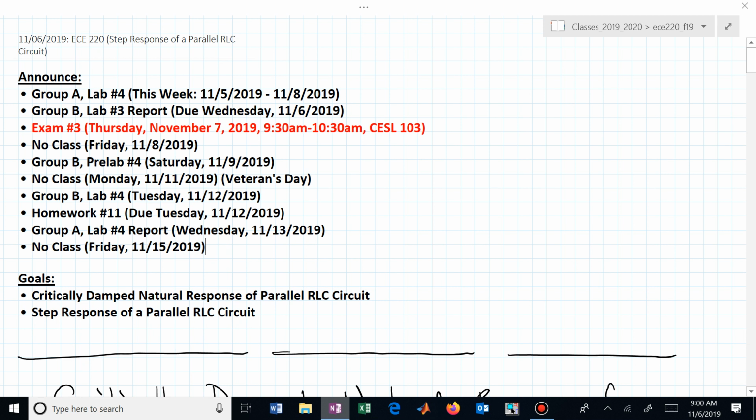We have quite a few announcements to make for today, and most of them involve dismissal of class period. So the next couple of Fridays you're getting off. This Friday is one of those, after you've taken your exam number 3, which is tomorrow in here. Group A, you're still doing lab 4s this week. Group B, your lab 3 report is due today. And then you will have your pre-lab for lab number 4 on Saturday. And mixed in all of that are some dismissals of class. No class Friday, no class Monday, and no class next Friday, but sandwiched between those,